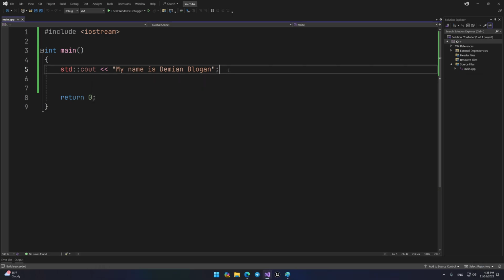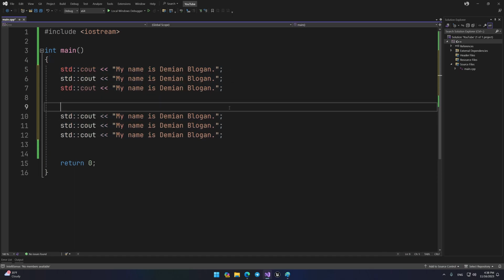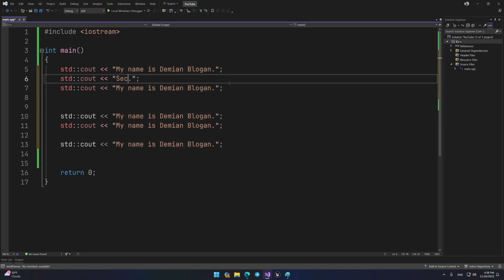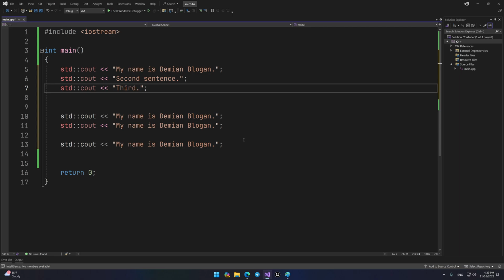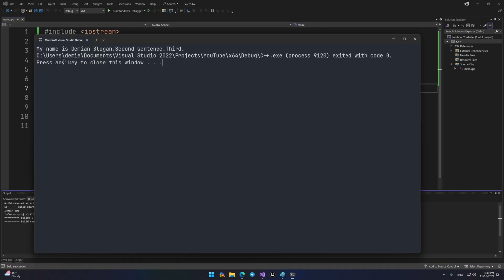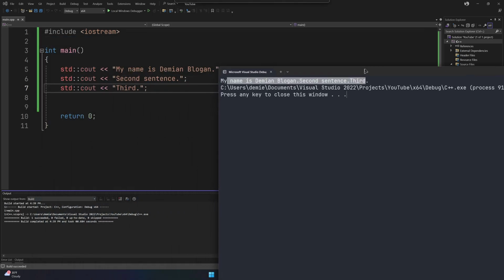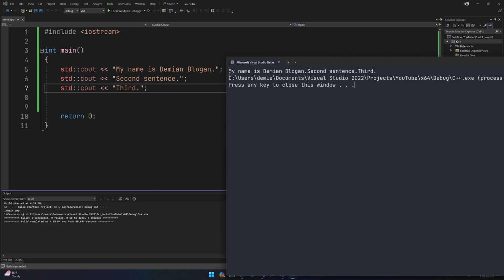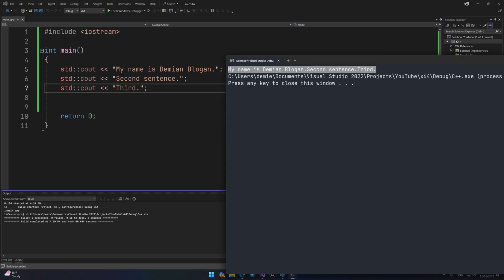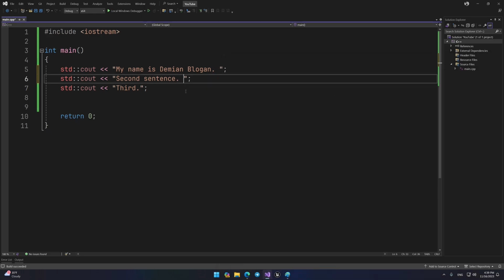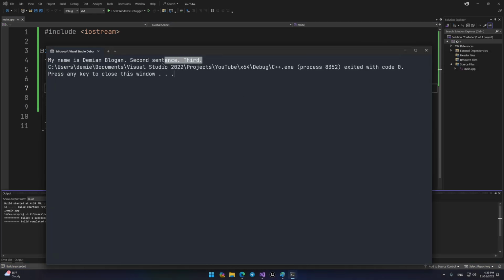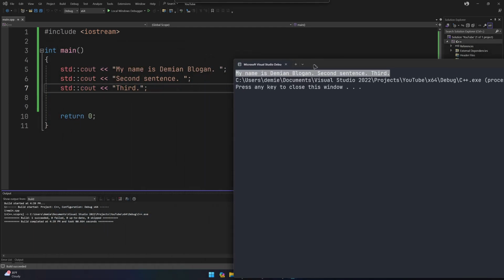Now you know how to display text on the screen, but there's one more thing to say. You can write as many commands as you want in functions, so we can write as many output commands as we want. Let me write 3 commands with different text and run the program. Here you'll see 2 things. Firstly, the text was output, and secondly, it wasn't output as you might expect. If you wrote all the commands on separate lines, this doesn't mean that all 3 texts will be displayed on separate lines. The fact is that when displaying information on the screen, you yourself must indicate where to move to a new line. There is a special symbol for this, which we're going to study in the next lesson.